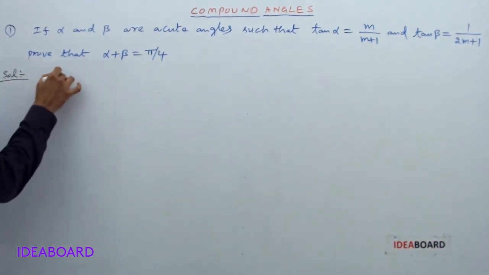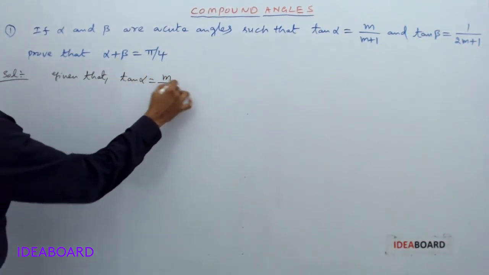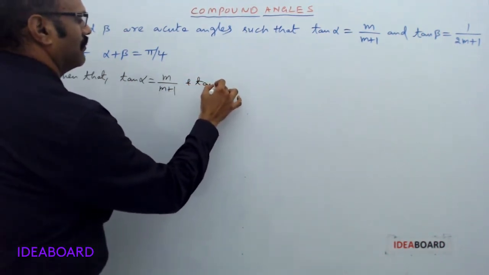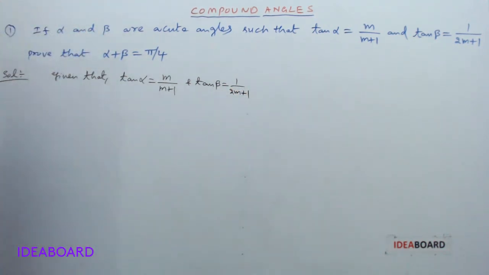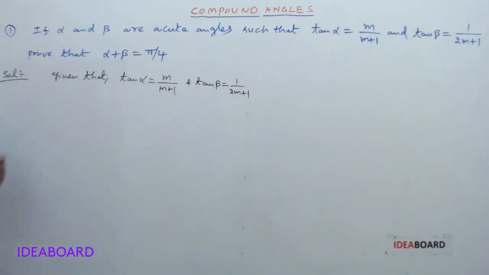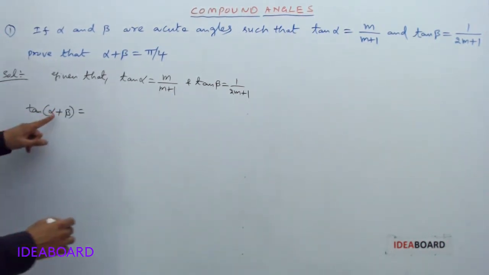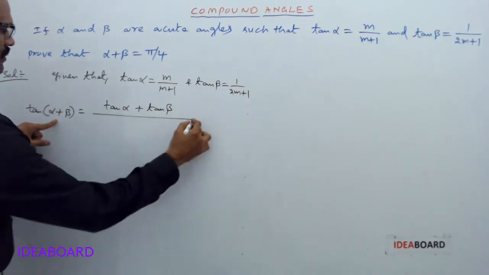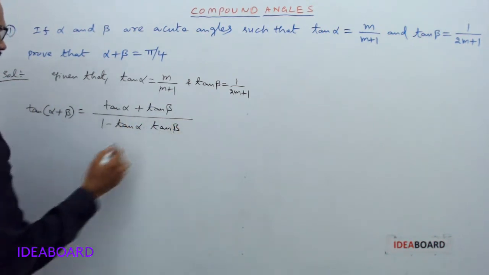Given that tan alpha equal to m by m plus 1 and tan beta equal to 1 by 2m plus 1, now we have to prove that alpha plus beta equal to pi by 4. Tan of alpha plus beta equal to tan alpha plus tan beta by 1 minus tan alpha into tan beta equal to